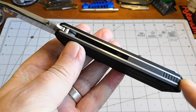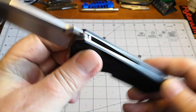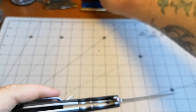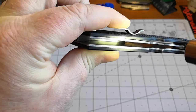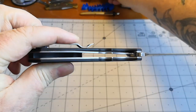The small backspacer is just G10, steel linings. Are they milled out? I don't even think they're milled out, to be honest with you. Let me just get my wee torch and we'll have a look together. Now, there we go. Not a bit of it. So this adds to the fact that this is